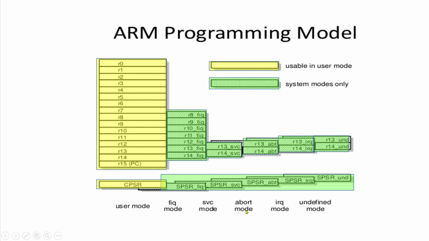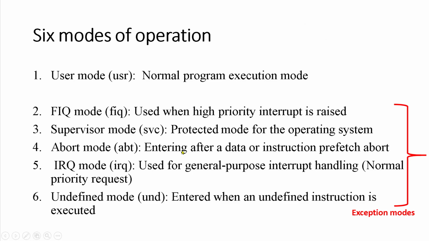You can see these are the different types of operating modes available. Now we see there are 6 modes available. We'll see the details of these 6 modes and then we'll come back here so that we can easily understand this one. Okay, now there are 6 modes of operation of the ARM processor. The modes are listed here. You can see the first mode is user mode. This user mode is used for normal program execution, and it is denoted as USR.